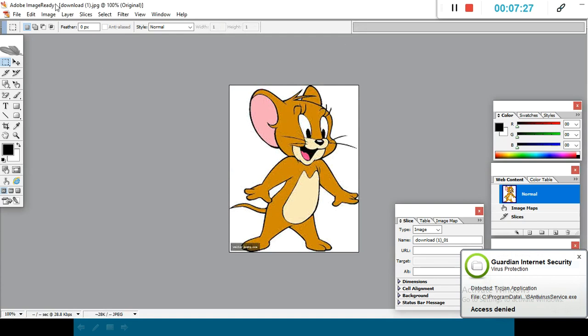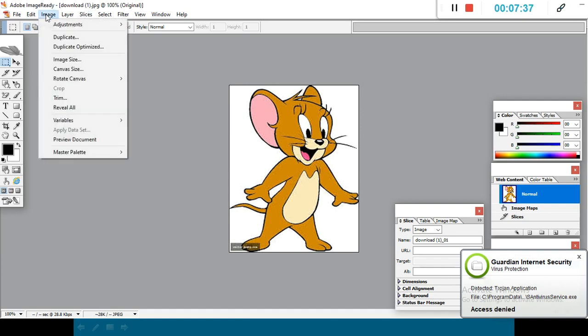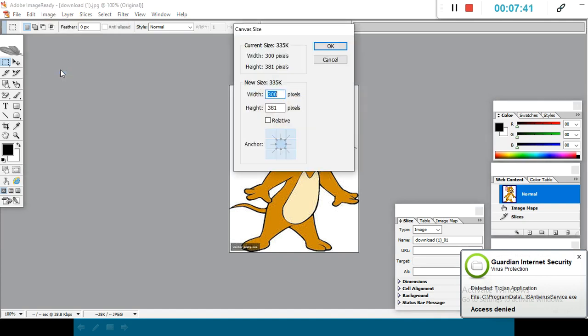And then if we want to change the canvas size of the image, then again go to the menu bar and click on Image, and then go to Canvas Size, click on that and change the size in that.